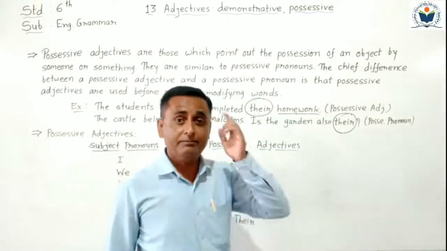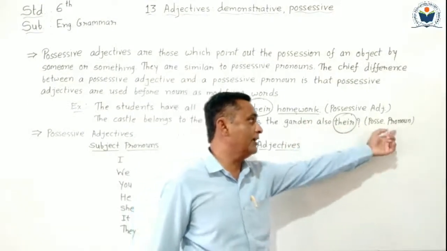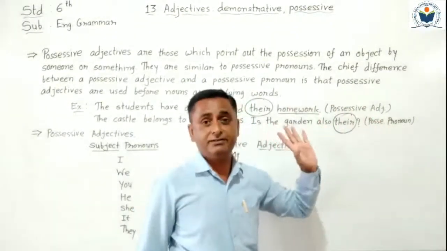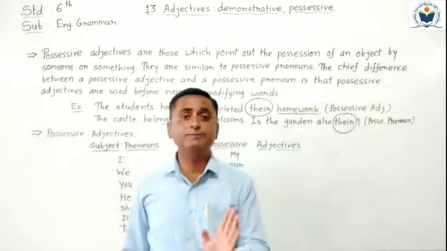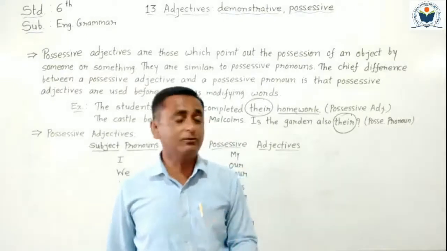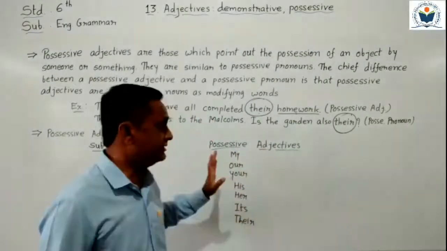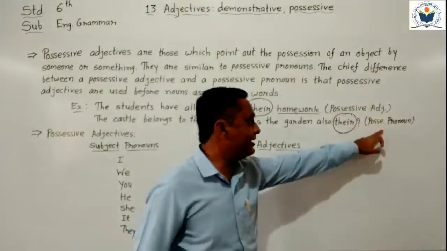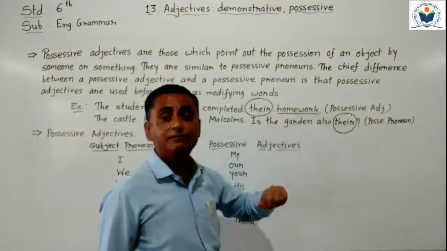अंडरस्टैंड? कीप इन माइंड बोथ डिफरेंट. मेजर डिफरेंस बिटवीन पॉजेसिव प्रोनाउन एंड पॉजेसिव एडजेक्टिव इज दैट पॉजेसिव एडजेक्टिव ऑलवेज फॉलोड बाय नाउन. But on the other side, a possessive pronoun does not follow any noun after it. Keep in mind both things. Here there is a possessive pronoun. Here there is a possessive adjective because it is followed by a noun.